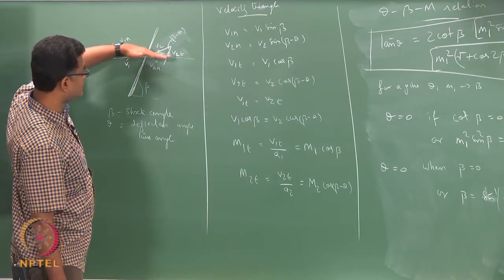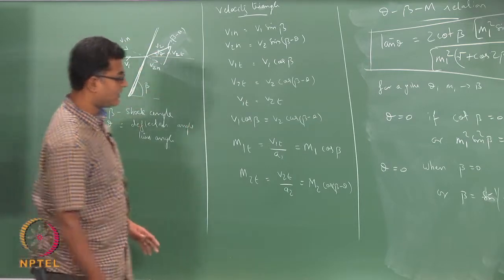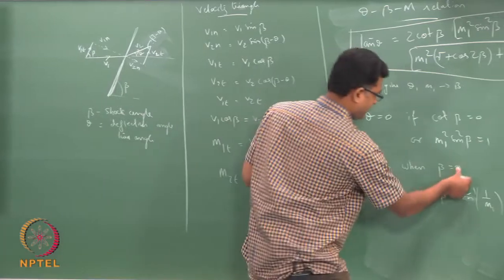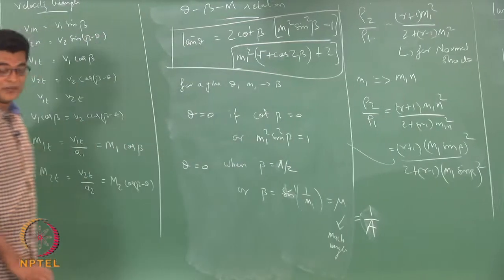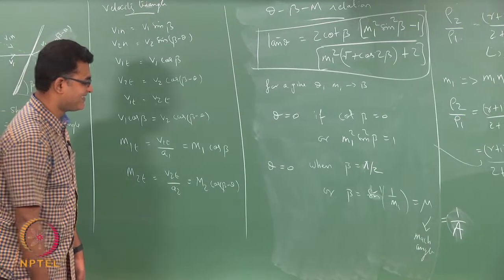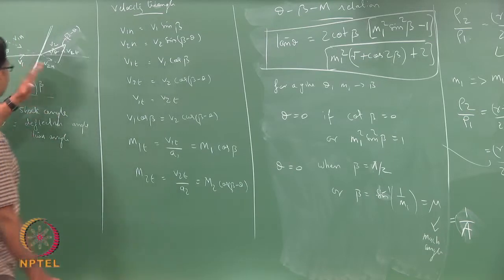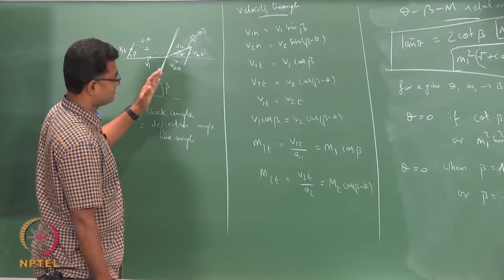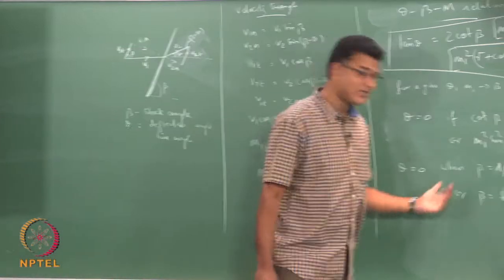So, this deflection is 0 if beta is pi by 2. Okay. So, when beta is pi by 2, you have no deflection, or when beta is equal to a Mach angle, there is no deflection,